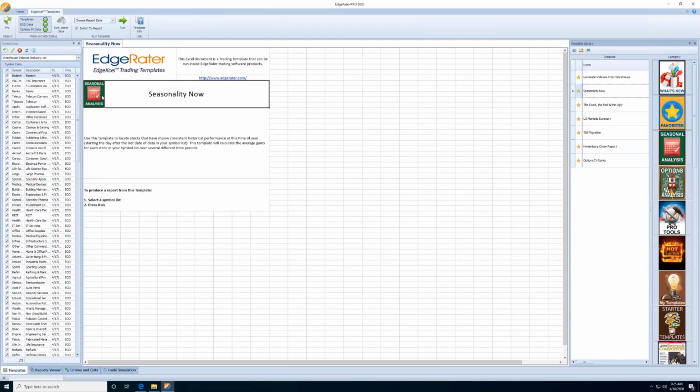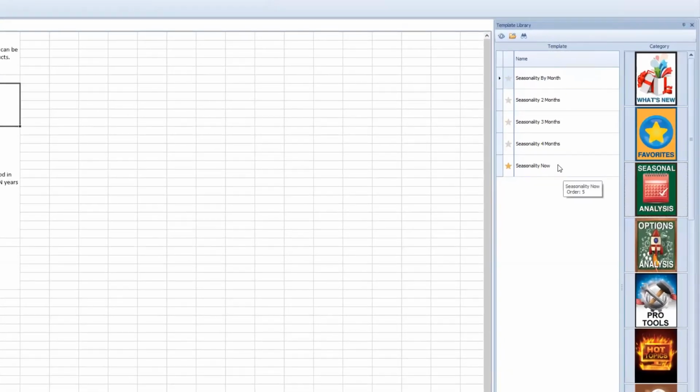So I have the Seasonality Template. You'll find the Seasonality Template, by the way, in Seasonal Analysis. There's 1, 2, 3, 4, 5 of them. The one I'm running at the moment is called Seasonality Now, and it's basically taking this particular point in time,